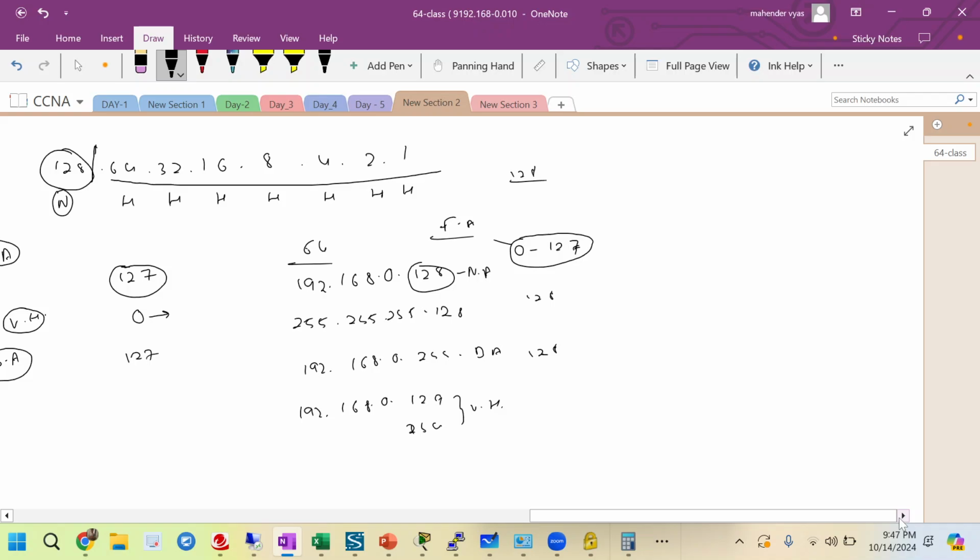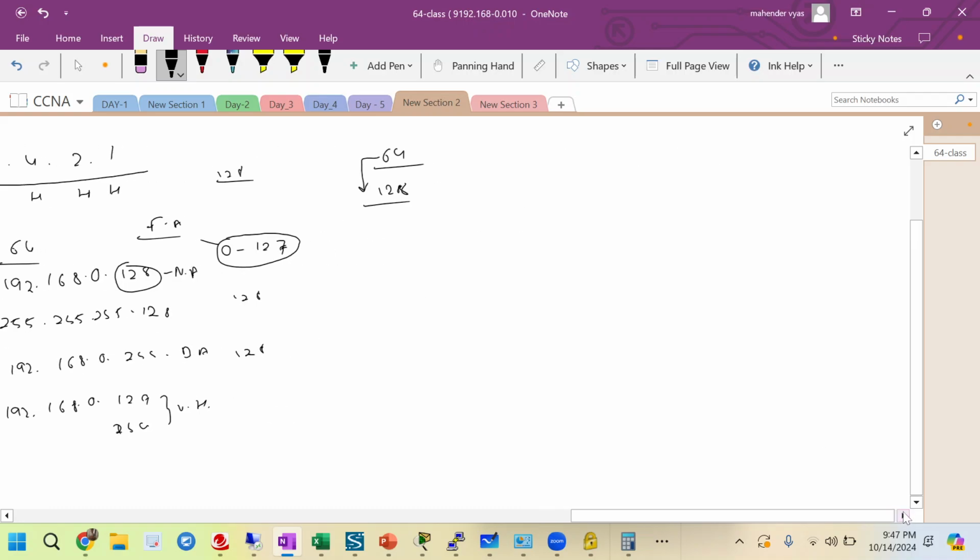192.168.0.250. Our requirement was 64 users, but we cannot get exactly 64 users, so we took 128 users. When you take 128 users, the default range you had was 256 users. Now you need to divide this 256. 256 minus 128 you need to do. You got 128 users, but